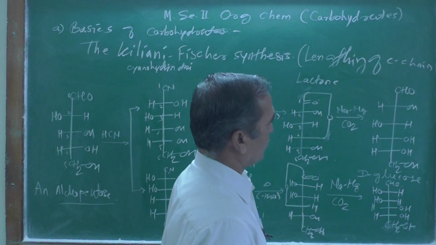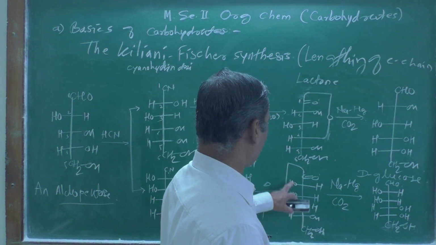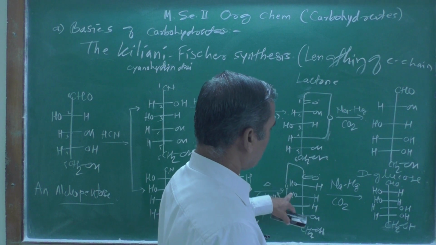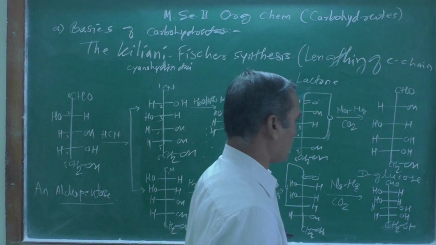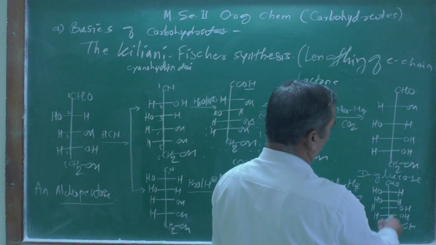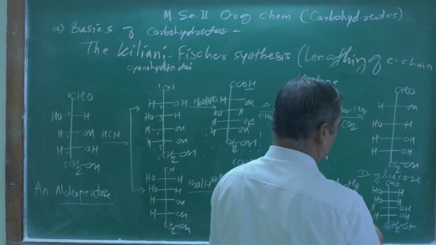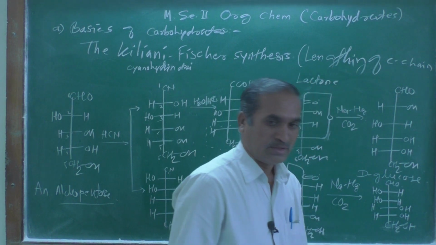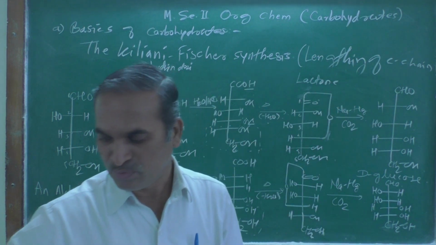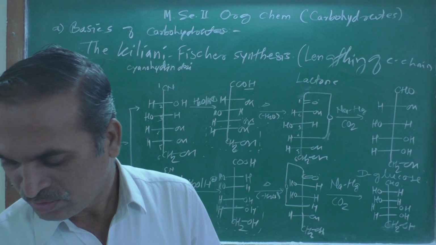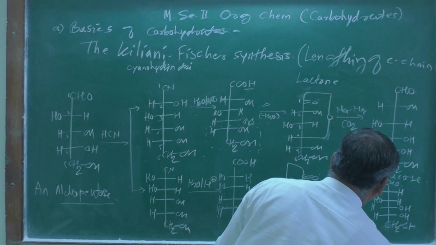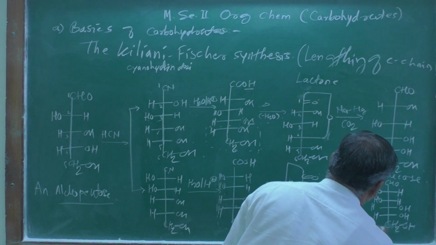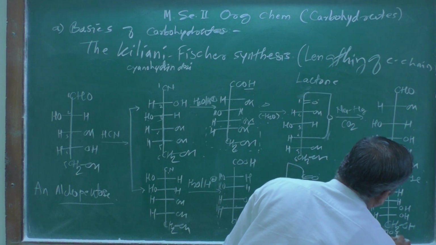If you observe over here carefully, this OH is on the same side, but when this ring gets opened, OH goes on that side, so 2 OH, and therefore this compound, if you see this compound carefully, what do you see? This is the structure of D-mannose. This is the structure of D-mannose.